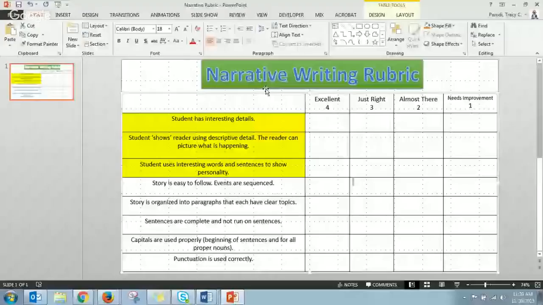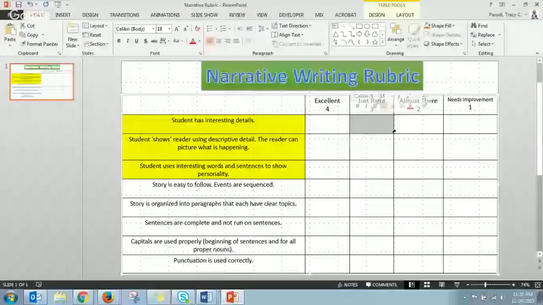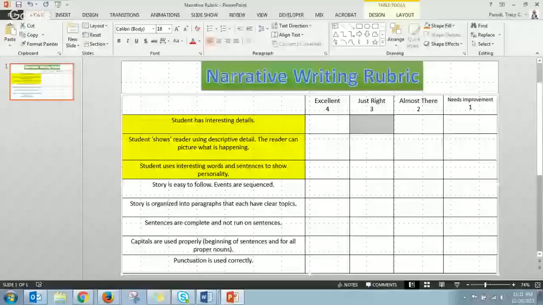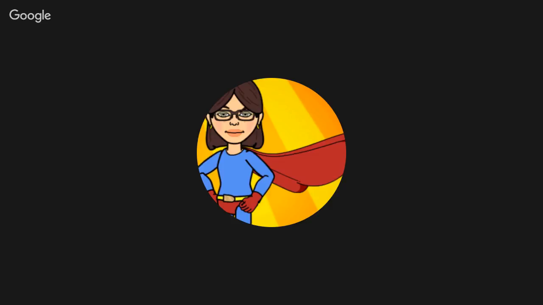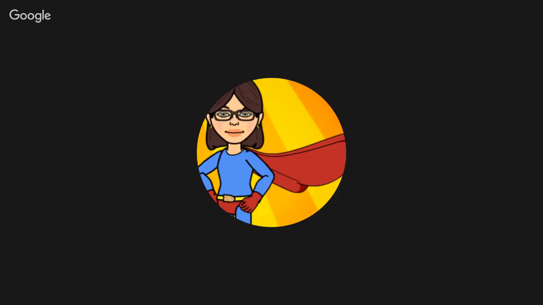First off, I want you to understand, I think you already do, but let's not assume, what the word narrative means. A narrative story or essay is a story told in order. Think about a play with a narrator. A narrative has a beginning, a middle, and an end, just like a play. So if you're writing a narrative, check to see if you think you have a beginning, a middle, and an end. Next, the first topic that I'll be grading you on is interesting details.